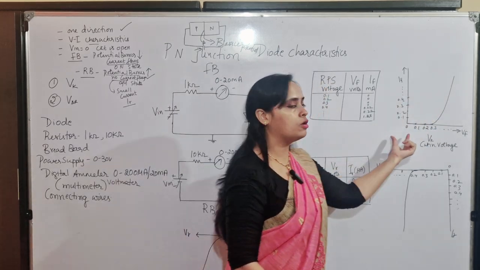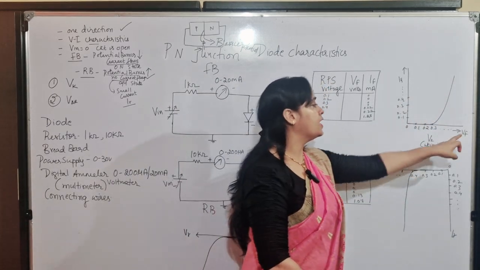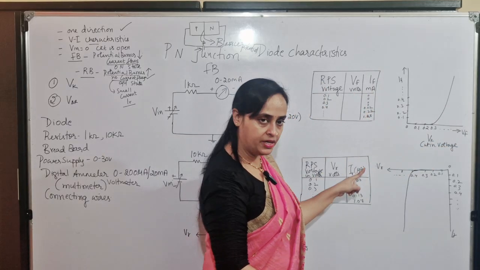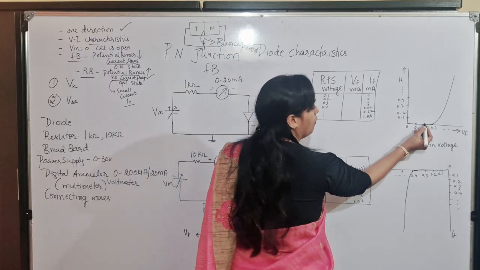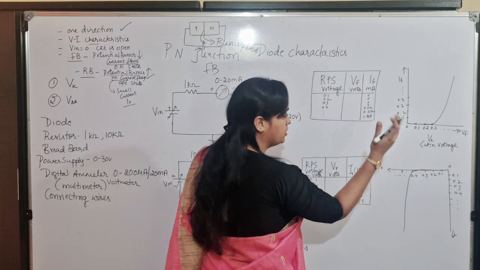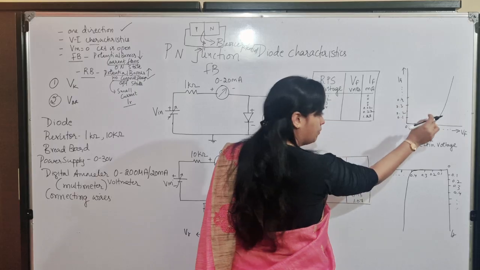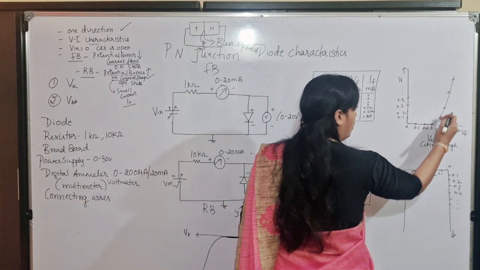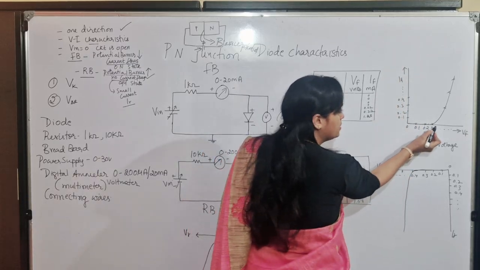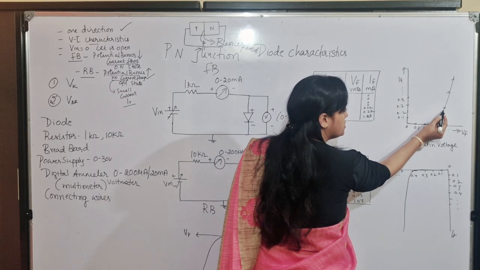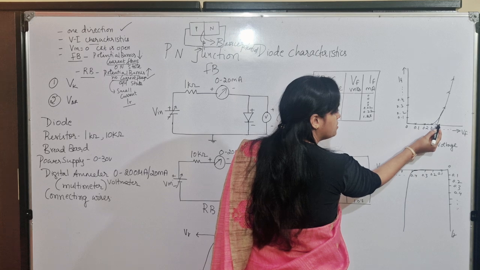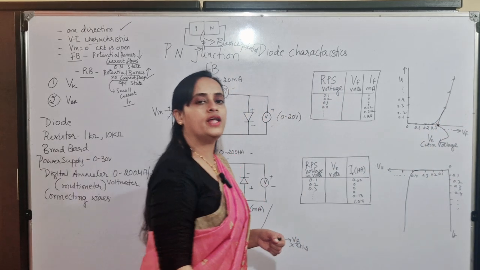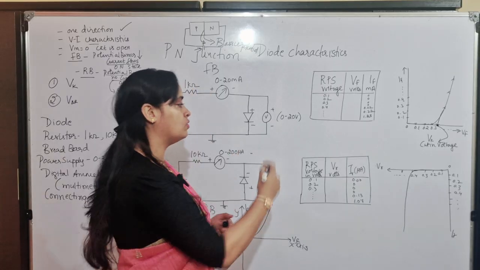Now this reading you'll plot on the graph. How do you do that? On x-axis take VF, all the VF readings. Over y-axis take all IF readings. See, initially it is 0 because for the first three readings it will naturally be 0. At one point there will be increase in the reading. So if you plot the graph, you will understand there is a point at which there is increase. I think this is the point. So this point will be cut-in voltage. The voltage at which there is increase in the current is known as cut-in voltage.